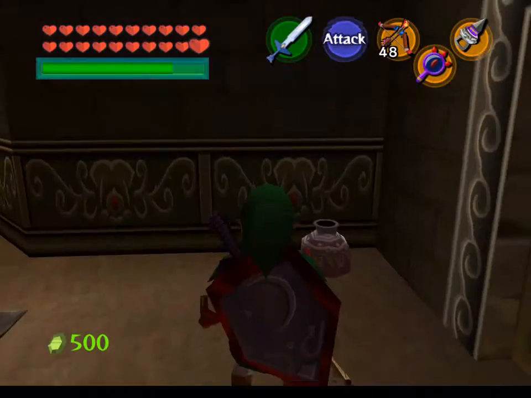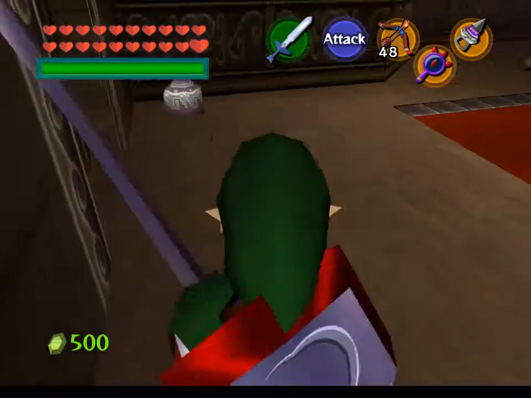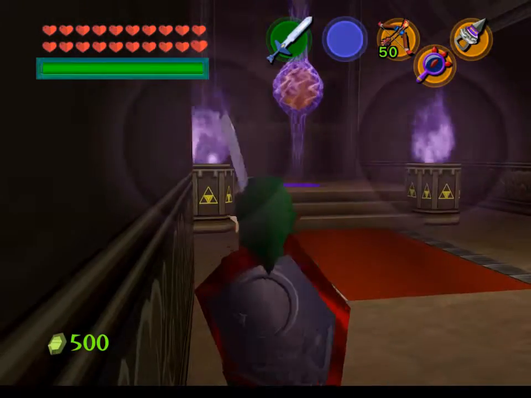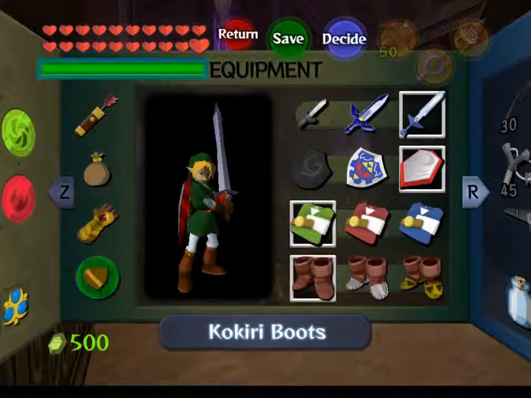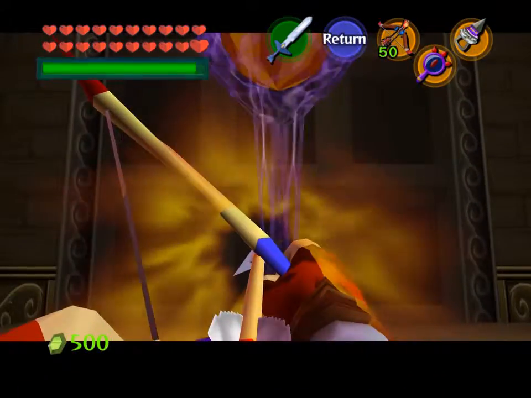Aha, this is one of the 6 evil barriers. So before we go, we want to smash these pots, because they usually contain magic refills and hearts. Or in this case, arrows. What? I was expecting rupees. And before I forget, I'm gonna take the hover boots off, because let's face it, wearing these butter shoes is really annoying. And now our next goal is to, of course, shoot the evil barrier with the light arrow, and